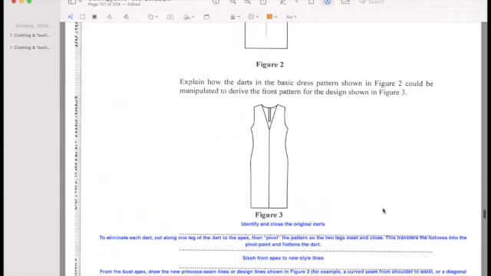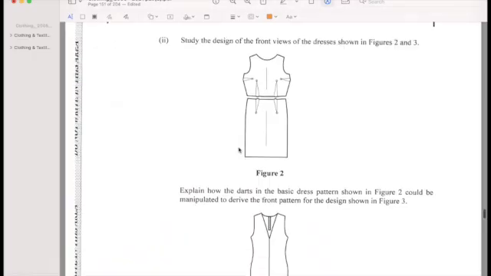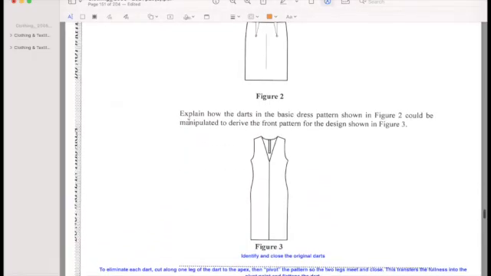All right, so it says look at the figure. Study the design of the front view. So this is the front view of figure 2, right? So we have some darts here. All right, let's go here and see the next question. So explain how the dart in the basic dress pattern shown in figure 2